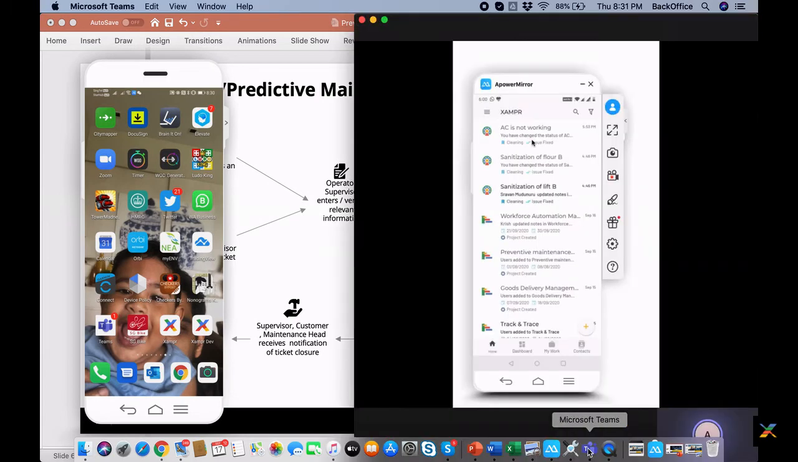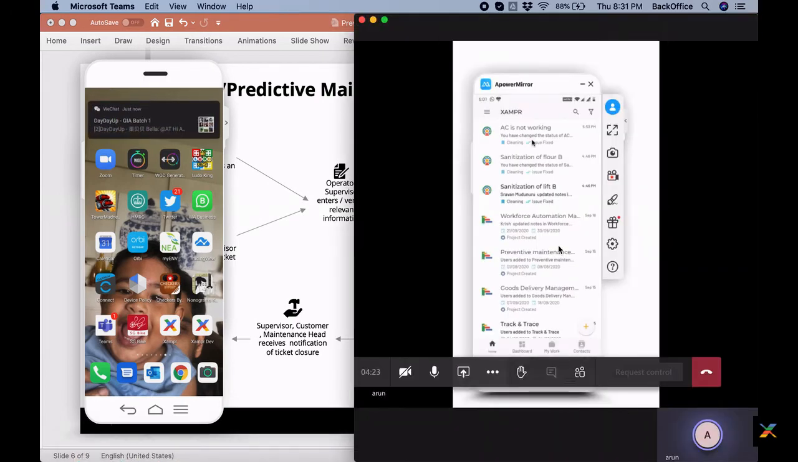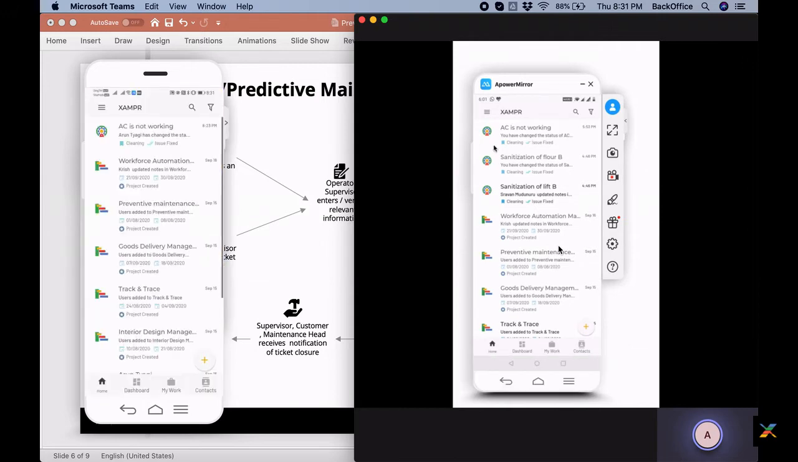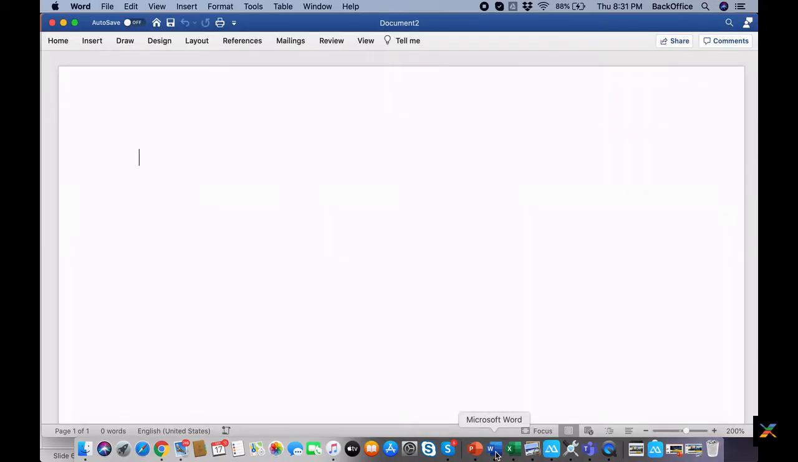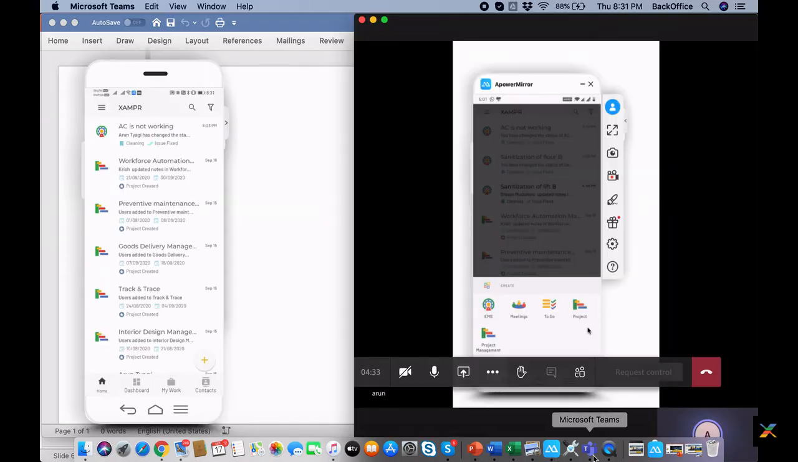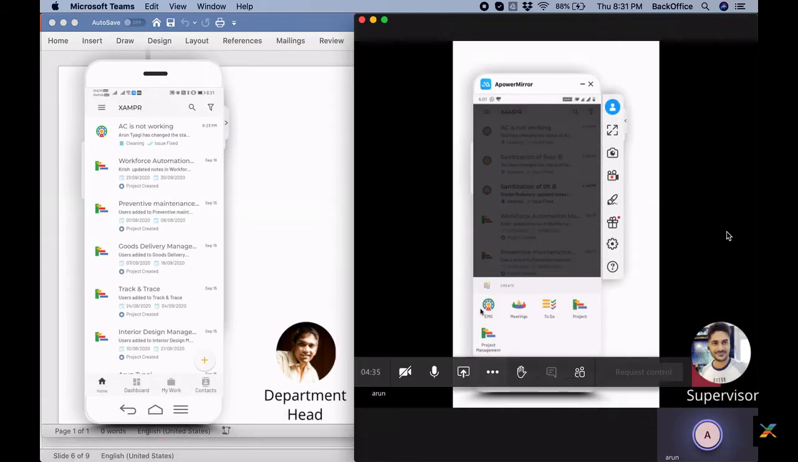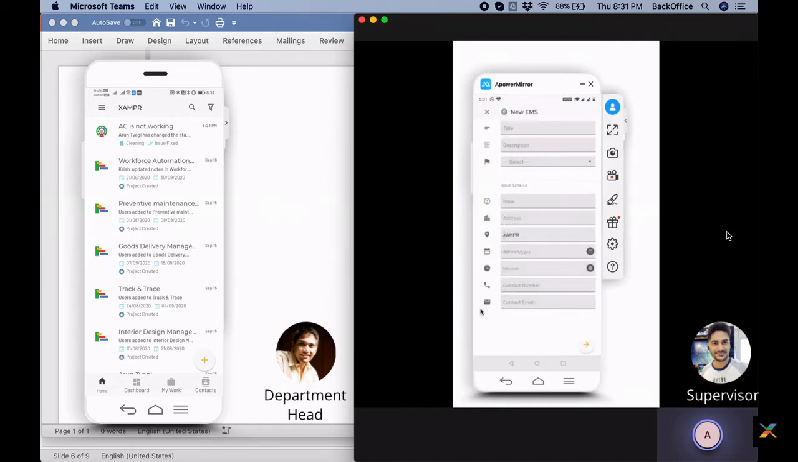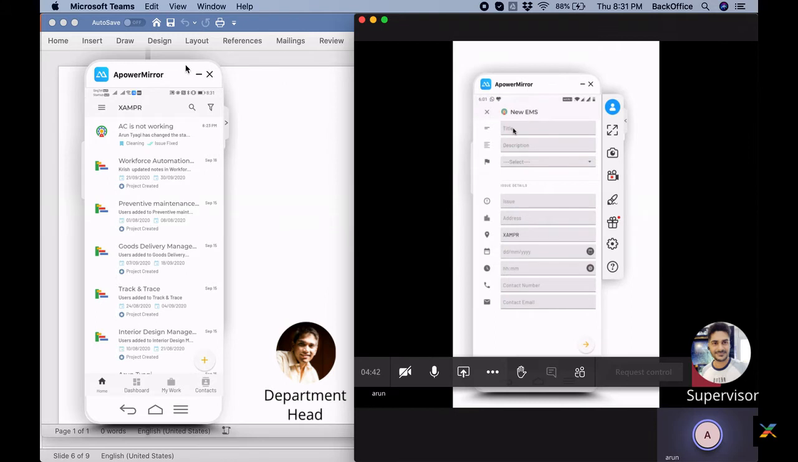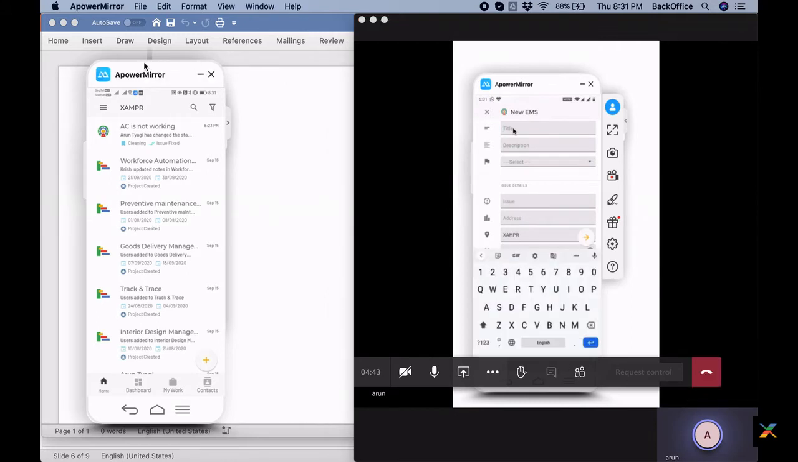Okay, thank you, Shaunak. So as a supervisor, I will raise a complaint in the Xampr app. To do that, we'll click on this plus sign, and we'll see this first thing where we can raise this preventive maintenance ticket. Once I click on it, a form will open, and I need to fill this form. So I'll fill in